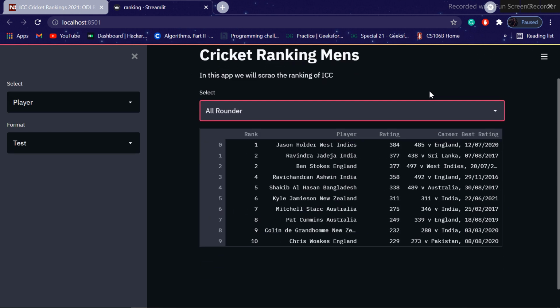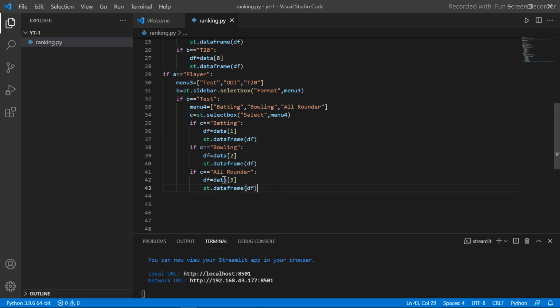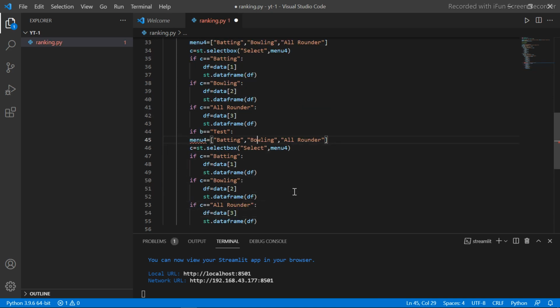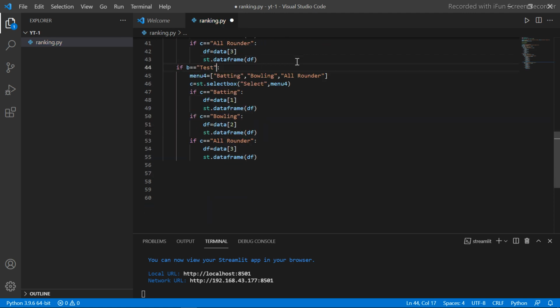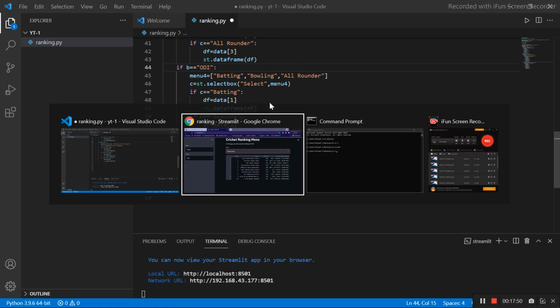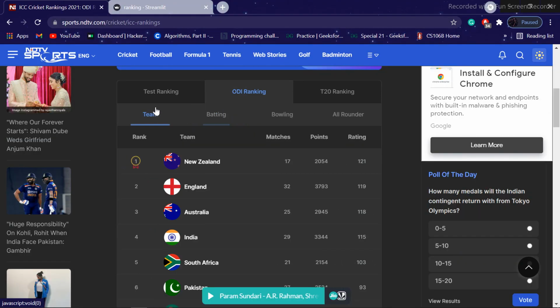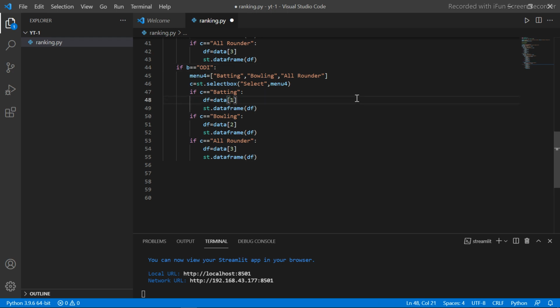Similarly, we can make it for ODI and T20. Like I'm going to copy this. ODI. Okay, for ODI, team ranking was fourth. Now batting will be fifth, bowling will be sixth, all-rounder will be seventh. Cool.